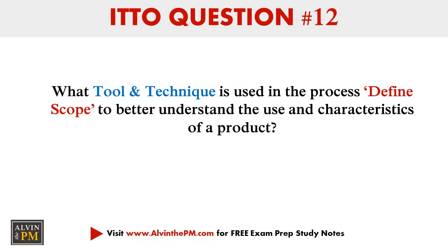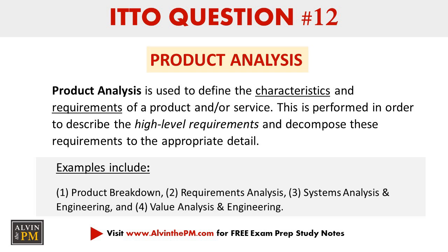What tool and technique is used in the process define scope to better understand the use and the characteristics of a product? The correct answer is product analysis, which is used to define the characteristics and the requirements of a product and/or service. This is performed in order to describe the high-level requirements and decompose these requirements to the appropriate detail. So for example, this may include product breakdown, requirements analysis, systems analysis and engineering, as well as value analysis and